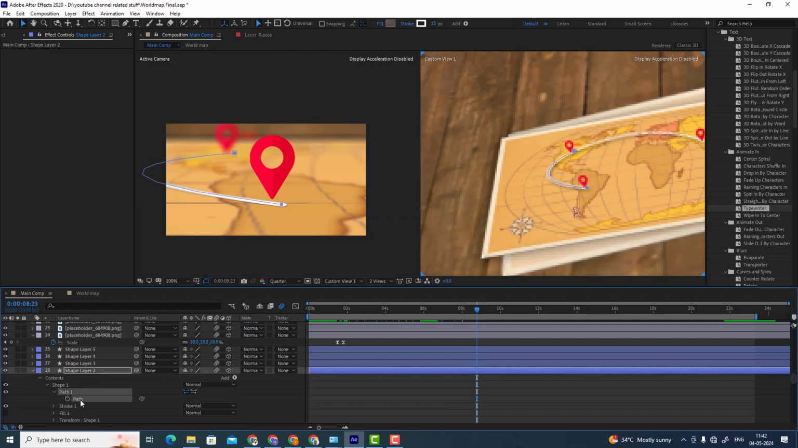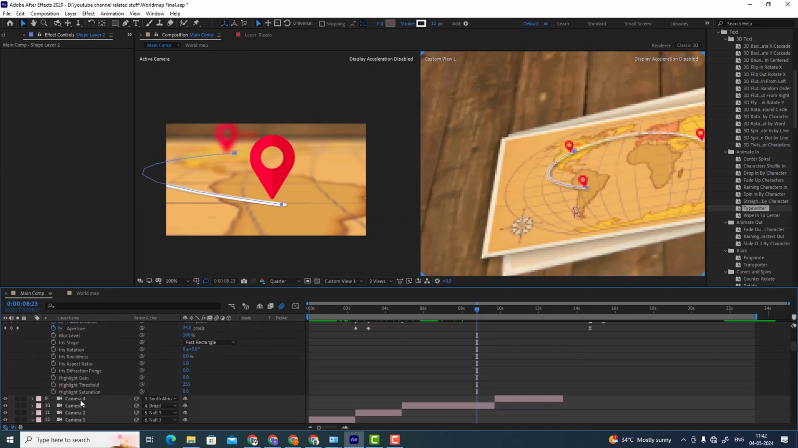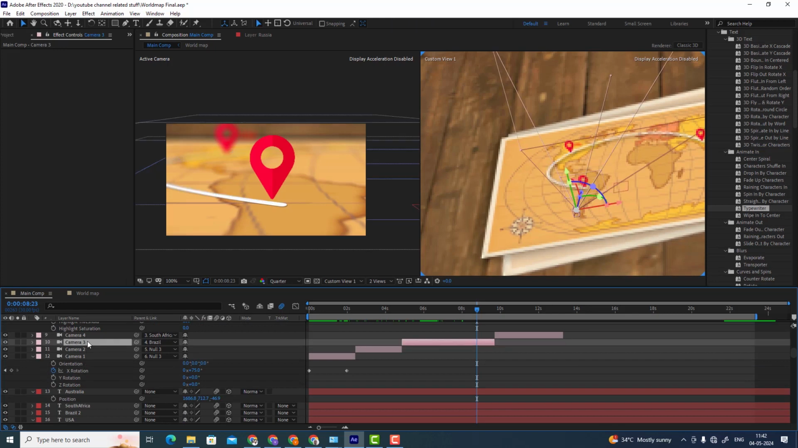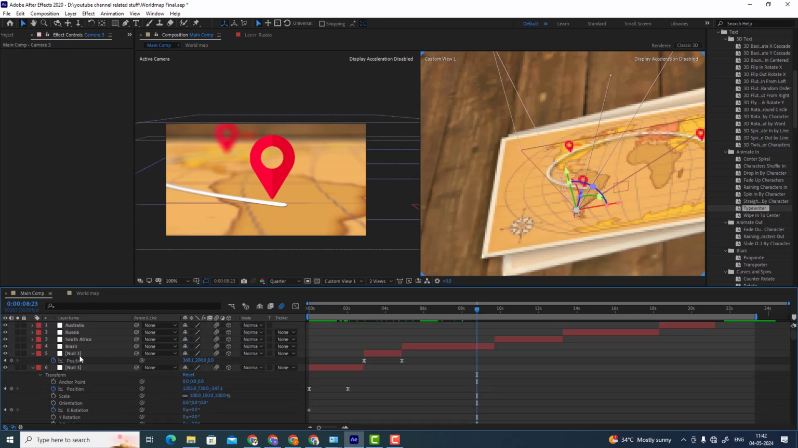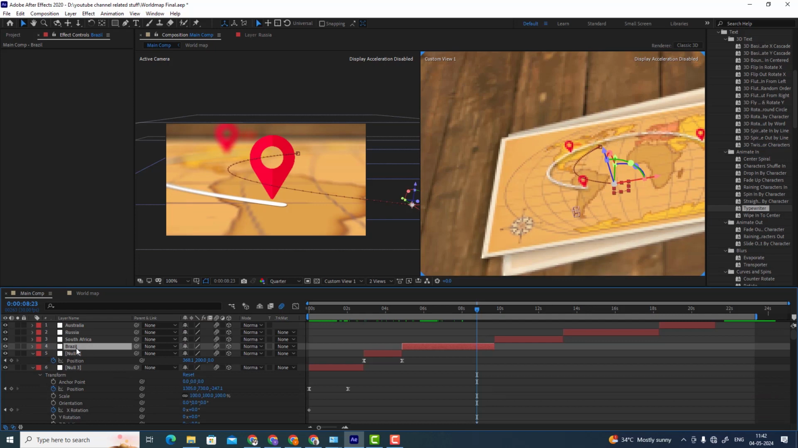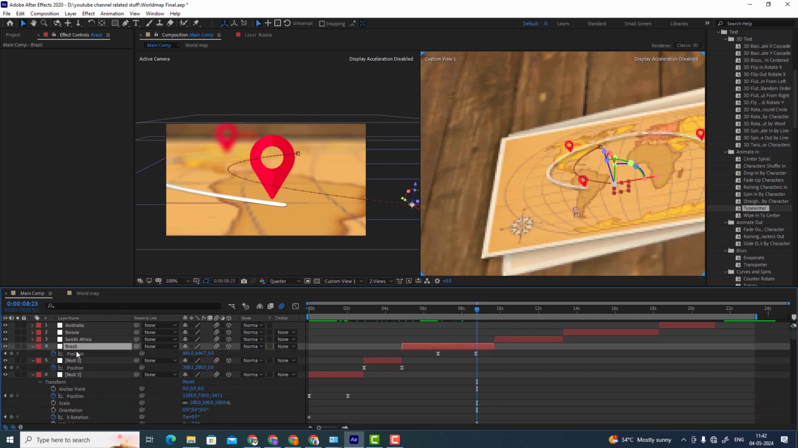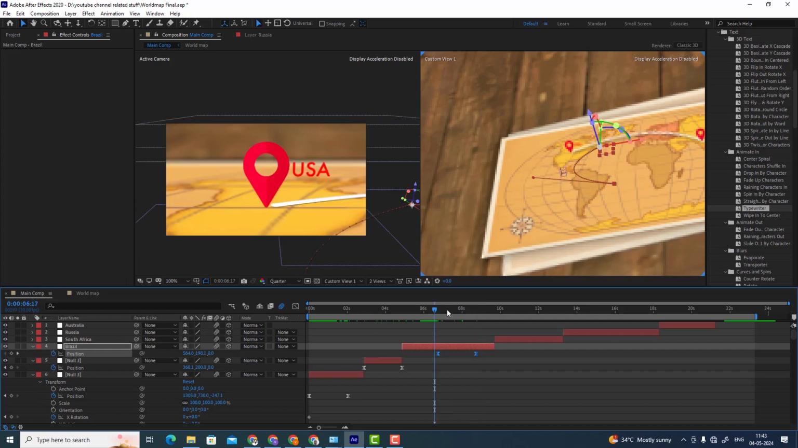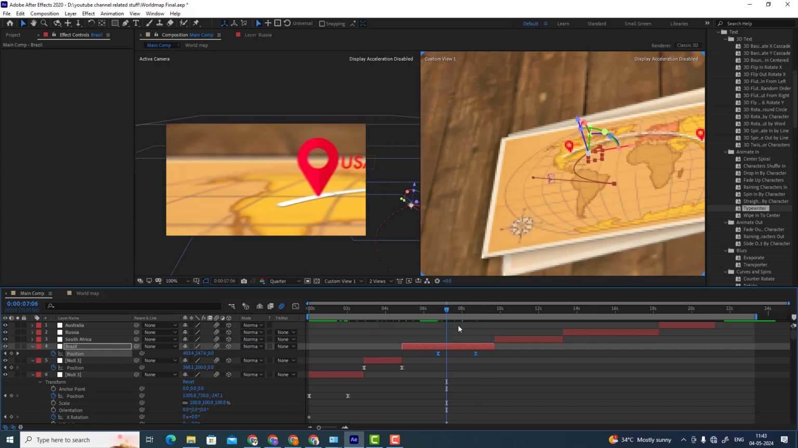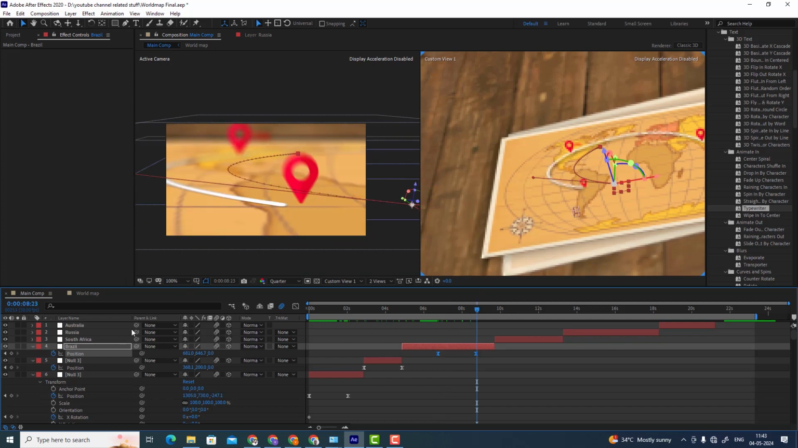Okay, and now duplicate one more camera, and this is the third camera, and duplicate one more null object, and I renamed it to Brazil, and opened the position and pasted the properties, and see here, and now it's traveling from USA to Brazil. Okay, and one more thing,